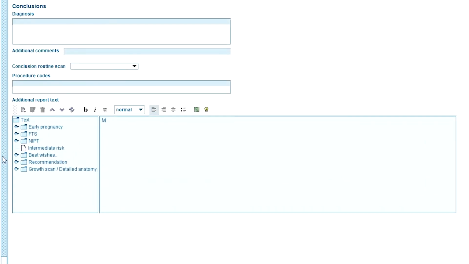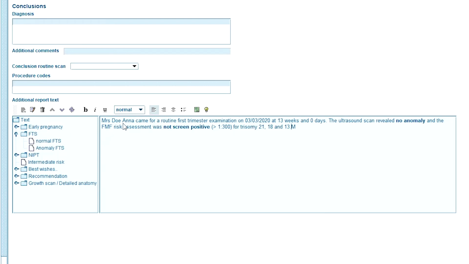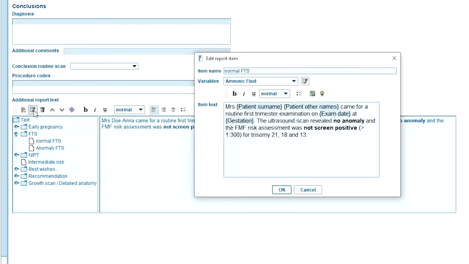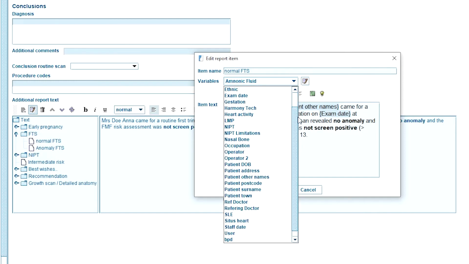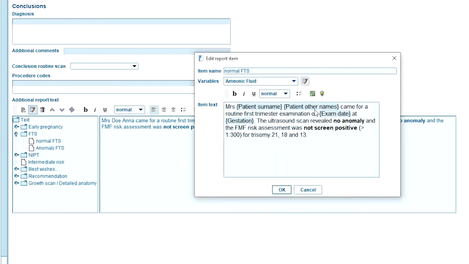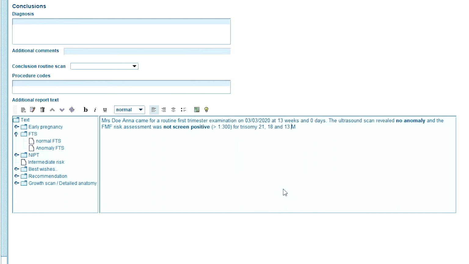David, sorry to interrupt you again, but is there also a simple way to add my own comments and conclusions to the report? Yes, of course, and this is possible to do with the so-called reporter in the conclusion screen. You can easily create your own text snippets and organize them in different folders to reuse them later on. Additionally, by using variables, you can automatically insert the entries for any database field, such as for example the patient name or date of birth. Your own comments and conclusions are then displayed at the very end of the reports, which brings me actually to the next point, the printouts.